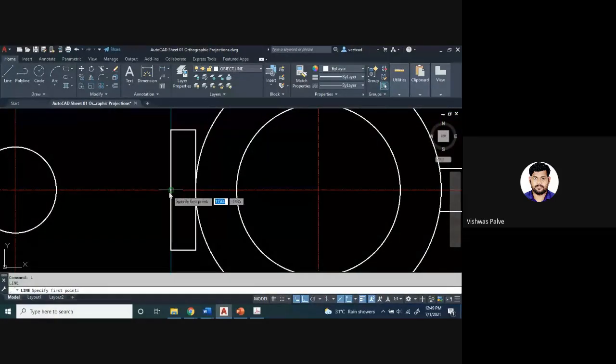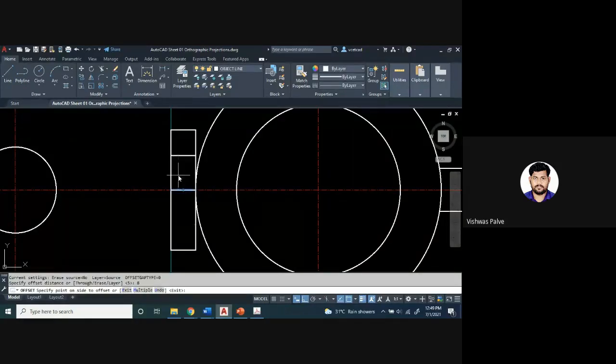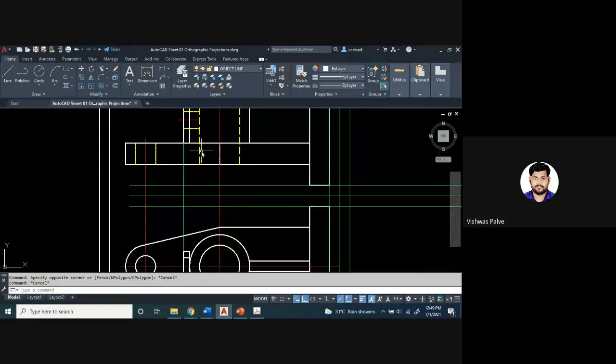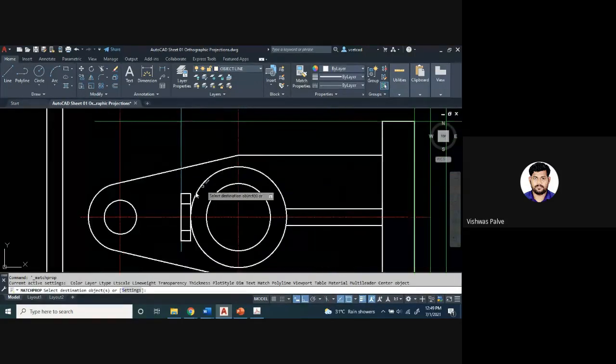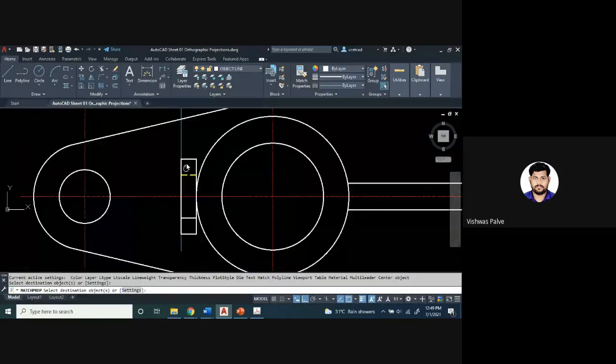L enter. From these two points, offset 8. Delete the reference. I want hidden lines here, so select this as a reference, match property, hidden.